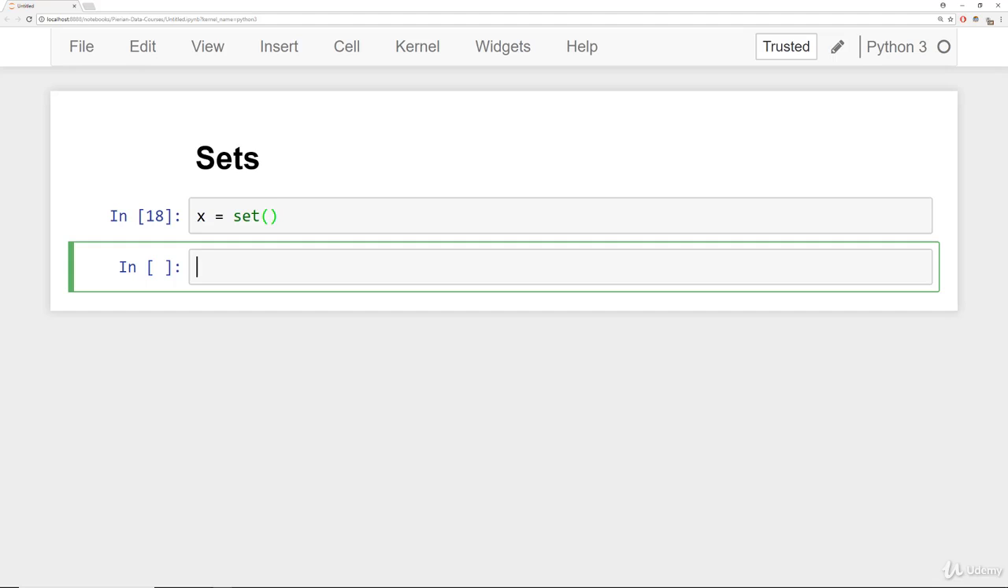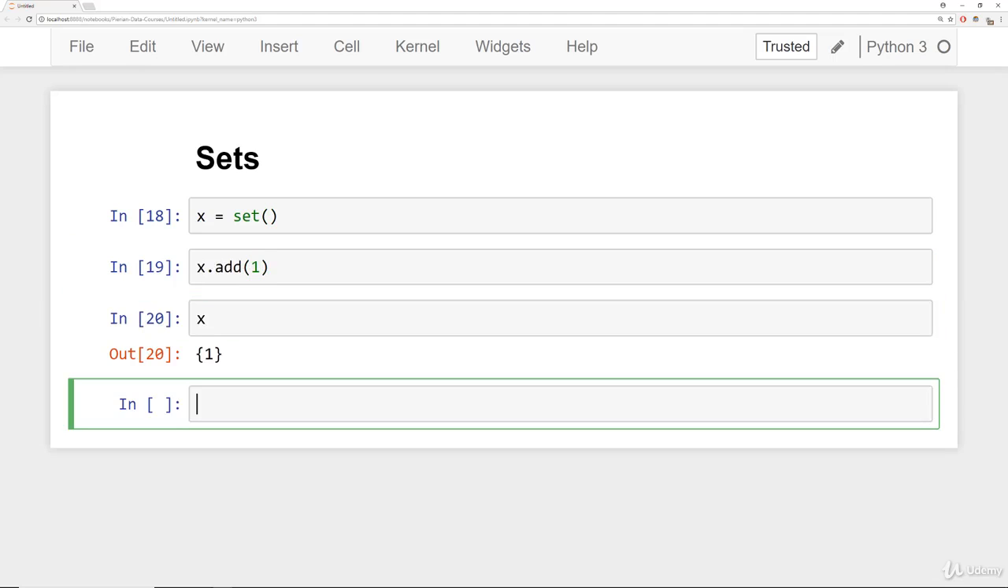If we want to add items to the set, we can say add 1, and then if I take a look at what my set looks like, notice it uses the same curly braces as a dictionary, but it doesn't have colons there, so it doesn't really have key value pairs. It's just an unordered collection of unique elements, and that's basically the key word, unique elements, meaning every element there